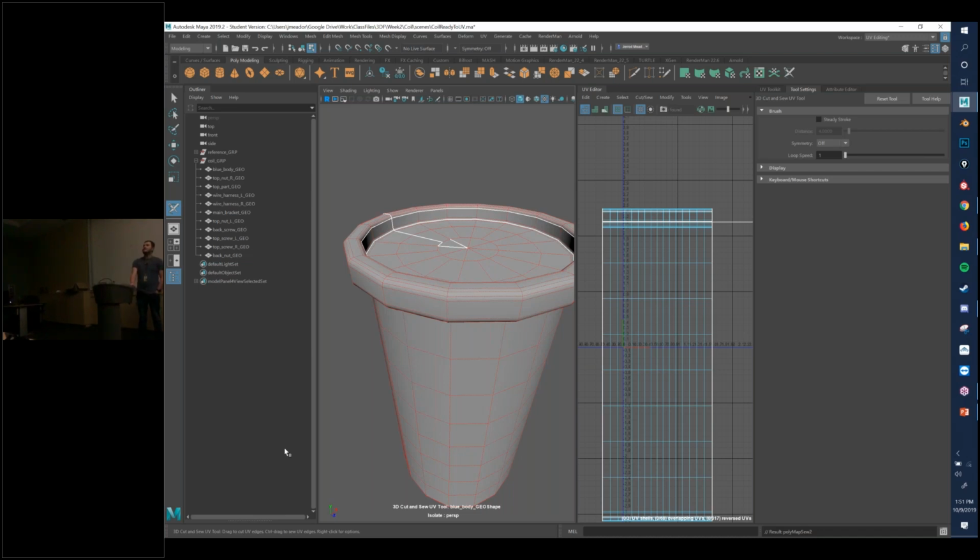1, you need to be done with your model. You cannot be making any more changes, adding any more details, anything like that, because while your UVs are tied to your vertexes, they don't move when you move your vertex. So let's say we go ahead and lay this out perfectly. And then I decide,